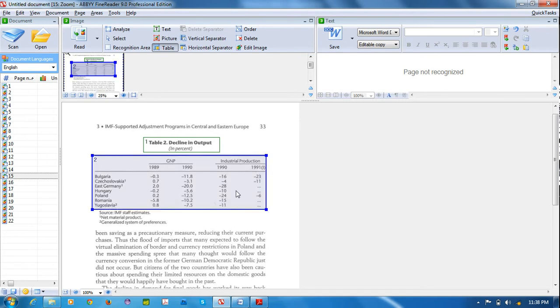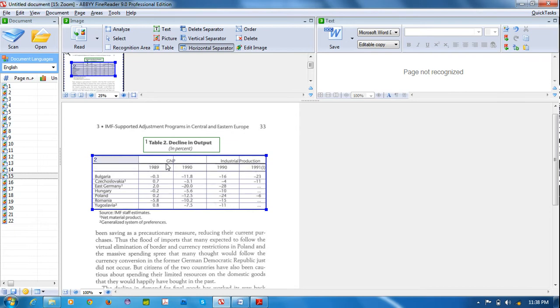Select a table. After that, vertical separator: click this 1, 2, 3, 4. After that, horizontal separator: 1, 2, 3, 4, like this.